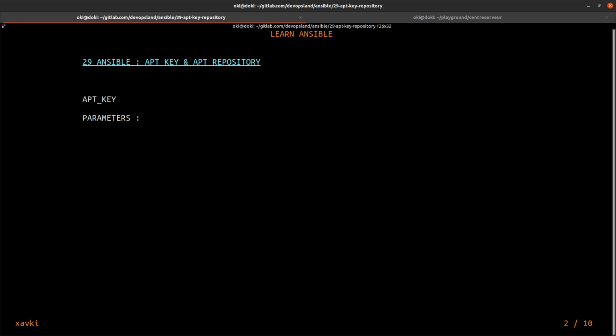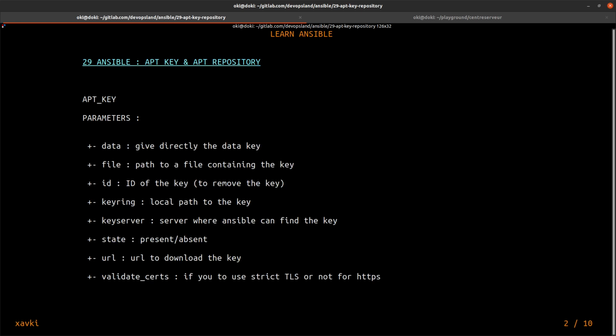First of all, the apt_key module with some parameters. We have a data parameter to give the key data directly in the parameter, the file parameter to define the path to a file containing the key, and the id to define the ID of the key. We use it when we remove the key. Keyring: when you store the key locally, you can define the local path to the key. The keyserver is the server where Ansible can find the key, and of course the state parameter with present or